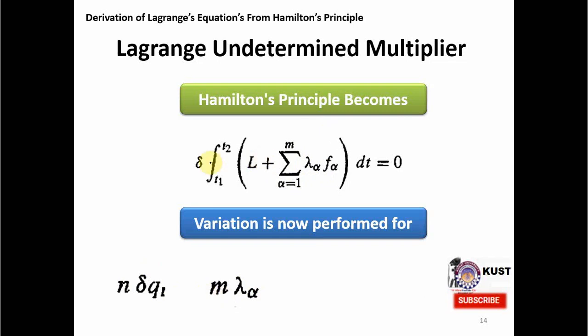So we will not only vary L, but we will also vary this whole thing with respect to lambda as well. So we will vary it with respect to the q's, the generalized coordinates, but we will also vary it with respect to the lambdas. And what we will get is not only the n equations, but m plus n equations. So these n are the equations of the dynamics, and m are the equations of the constraints. And at the end we will solve them together, and in this way, along with the dynamics equations, we will have the constraint equation solved.